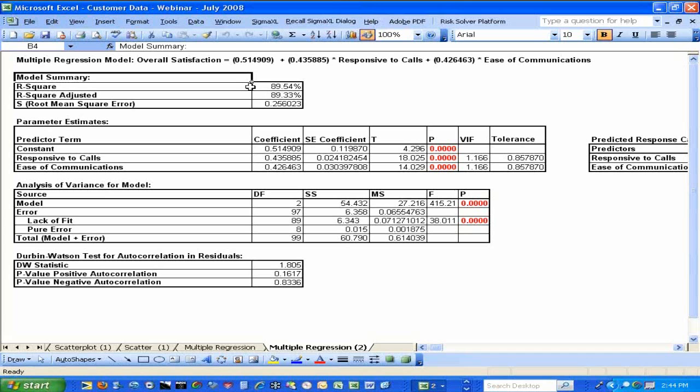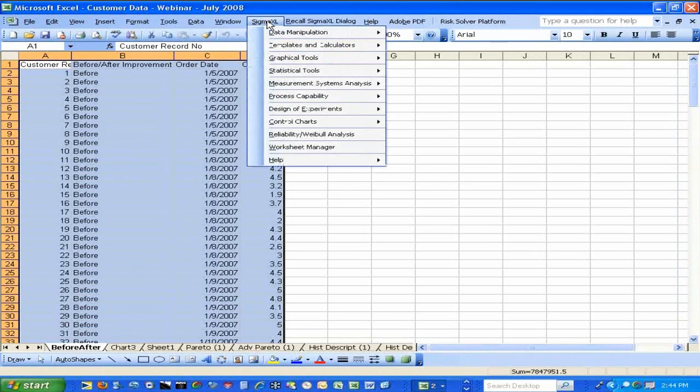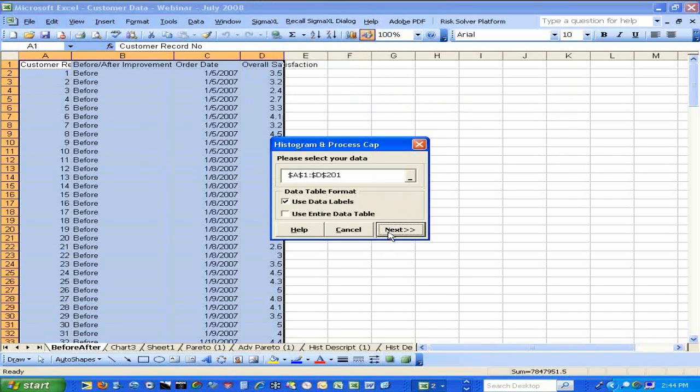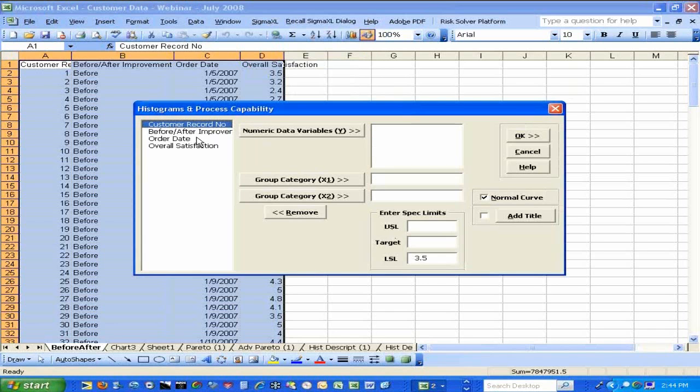So improvements are implemented, and one of the things that you want to always do is to demonstrate those improvements with data. And I have before and after data here, before improvement and after improvement. And what I will do is a process capability analysis, just a quick process capability before and after, so you can visually see the histograms. So we'll put overall satisfaction by before after,